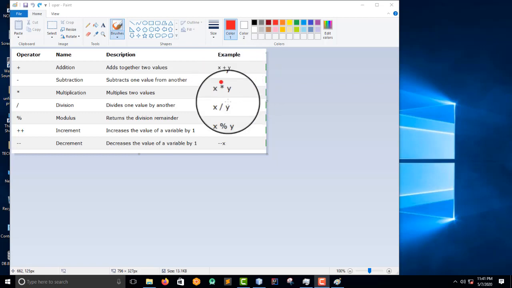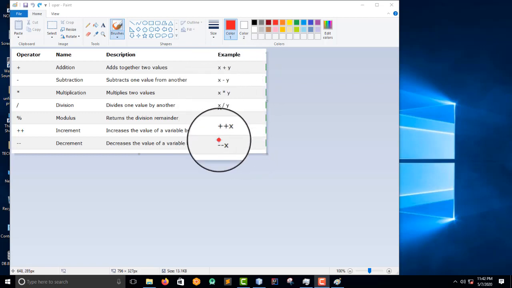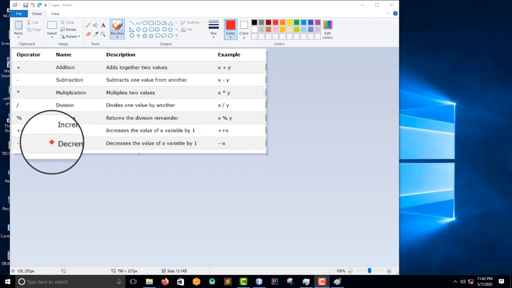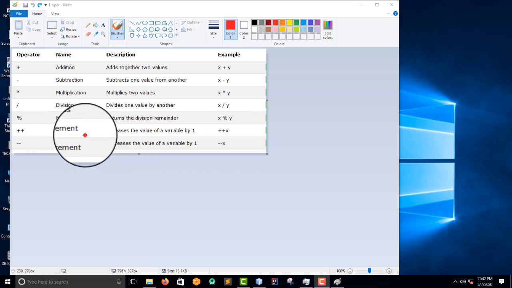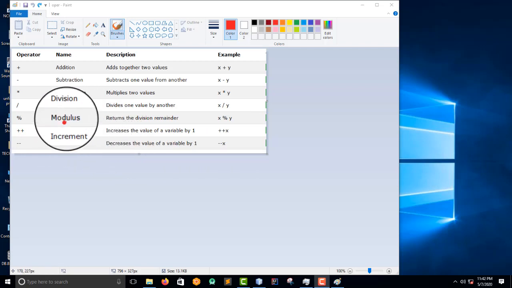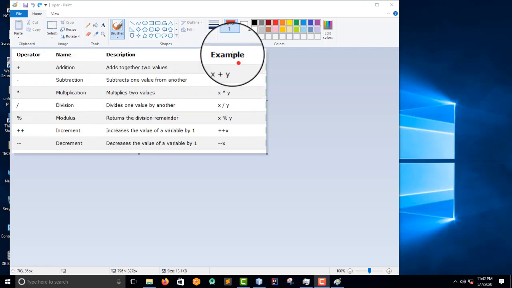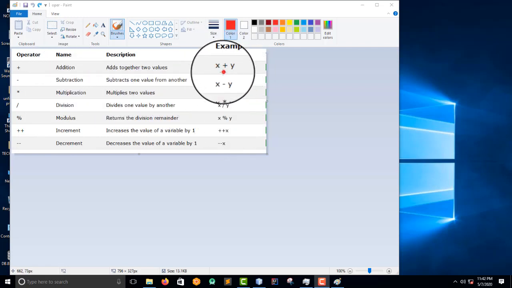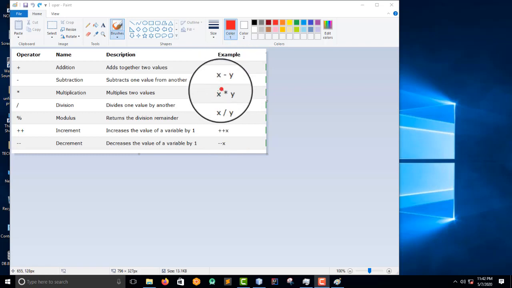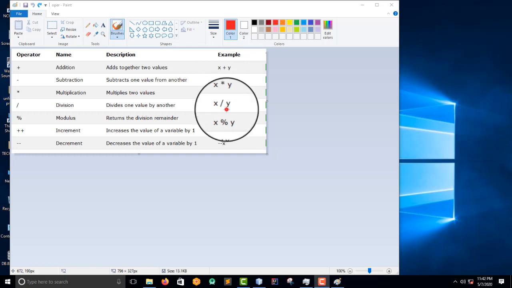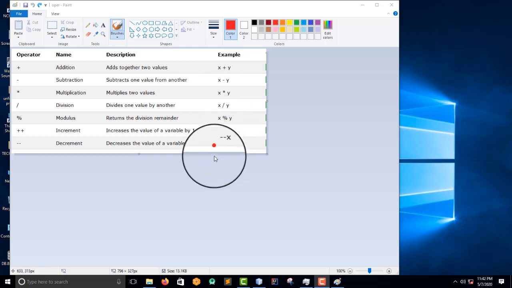So guys, I hope this is so simple. I'm not going to write them down, but I've given an example here, so you can assign this value x and also assign y, and then you add them, you subtract them, you multiply them, and then you divide them, and you see the result.